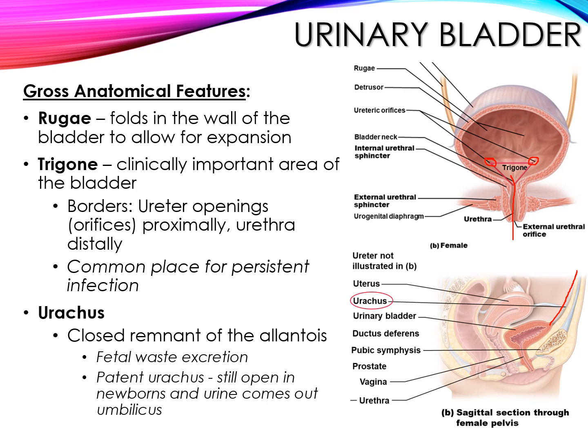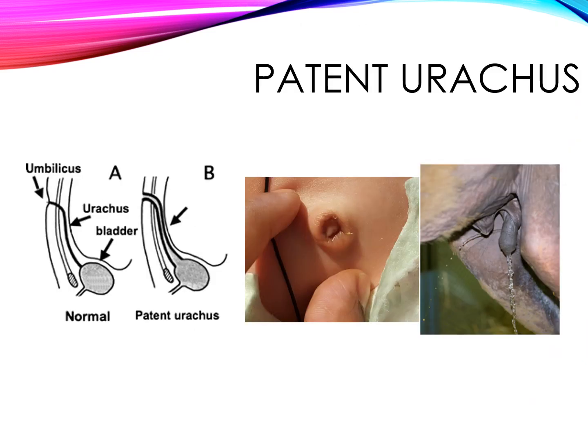So the urachus is this ligament, essentially here, that ties up to the umbilicus. It used to be open in the fetus, right? The fetus is still producing waste, producing urine, but where do you have it go? Essentially it's going to go out into the umbilicus, so that the waste will go to the mom instead of urinating in the